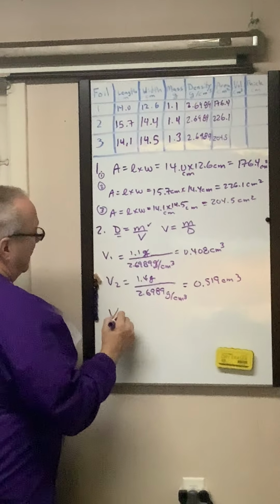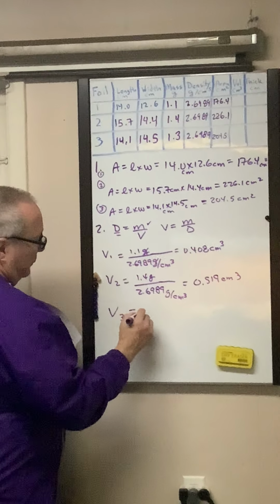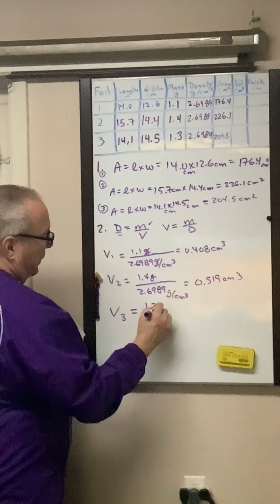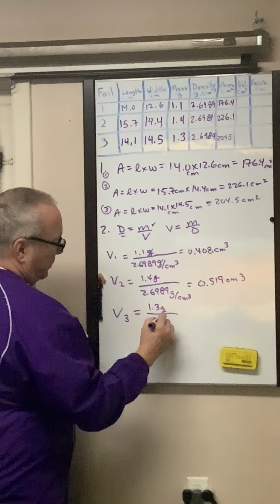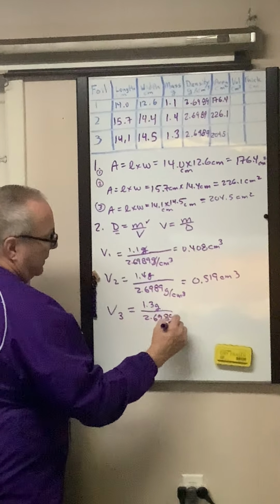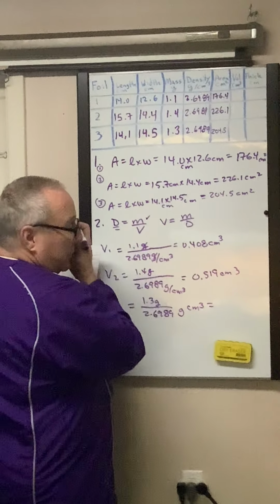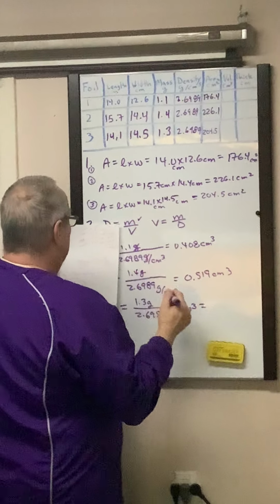And lastly, for this question, sheet number 3 was 1.3 grams divided by 2.6989 grams per cubic centimeter. And that gives you a volume of